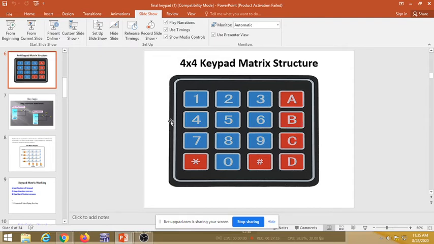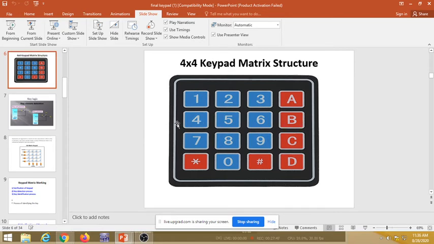Now we want to find out which column got pressed out of 4, and for that I will scan one column at a time. How do we scan the column? The controller will take this column, this is the input side, and that input is taken into the accumulator and rotated towards left or right. Suppose you are shifting this towards left, this bit comes out into the carry.